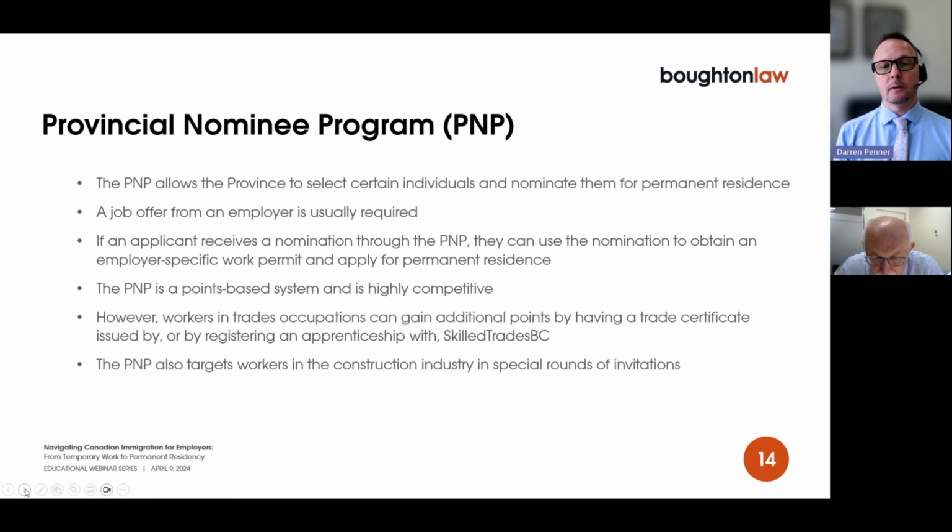But the problem right now is that it's very highly competitive. And I'll talk a little bit more about specified draws under this and Express Entry during my last section. But suffice it to say that the points are so high, people need so many points to get an invitation, that most people, and especially people in the trades, are just not able to get invites because salaries, I feel like salaries really need to be up over 100,000 towards 150,000 a year to get enough points to get an invite. And especially if they're in Metro Vancouver, it makes it much tougher. So I'm not sending many people to the PNP these days, but I'm always including it as a calculation.